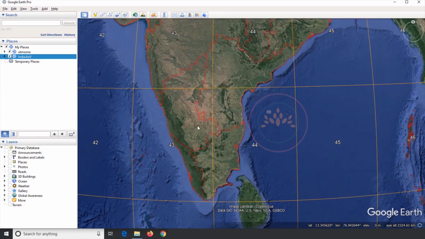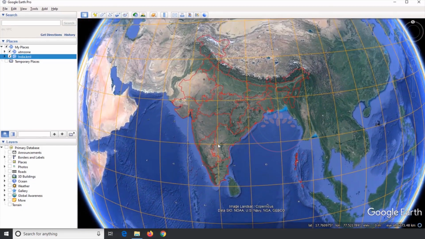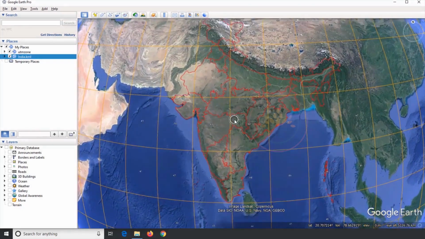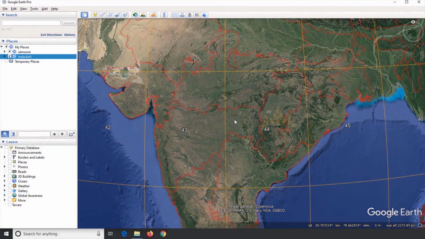In the case of Tamil Nadu and Karnataka, the area which falls under zone 43 should be projected using 43 northern hemisphere projection system, and the area which falls under zone 44 should be projected using 44 northern hemisphere projection system. By seeing the UTM zone boundaries, it is clear that most of the Indian states cannot be projected with a single zone in the UTM projection coordinate system, but parts of the state can be projected using respective UTM zones.